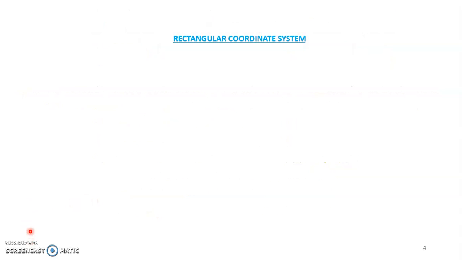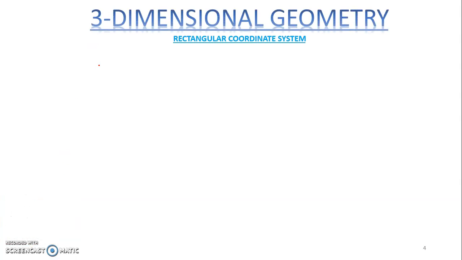Students, this 3D geometry is also called the rectangular coordinate system. Now as I had drawn in the figure in the first introduction, and explained in that slide, these are 3 mutually perpendicular axes. This is your X, this is your Y, and this is your Z. Now if I tell you with the planes, then it will be more clear to you, students. One minute, just let me draw the figure.